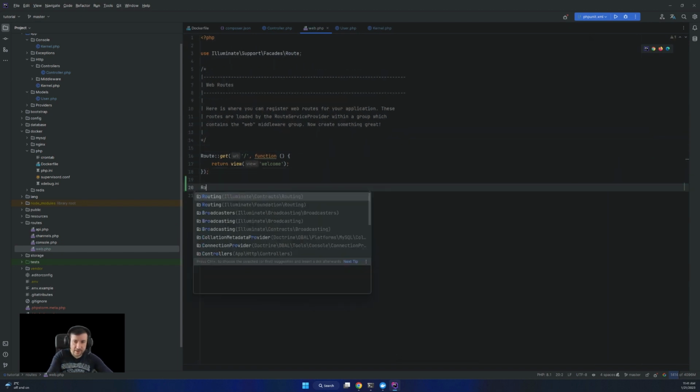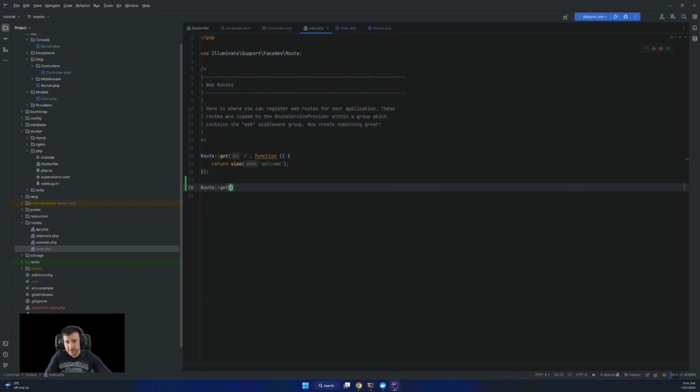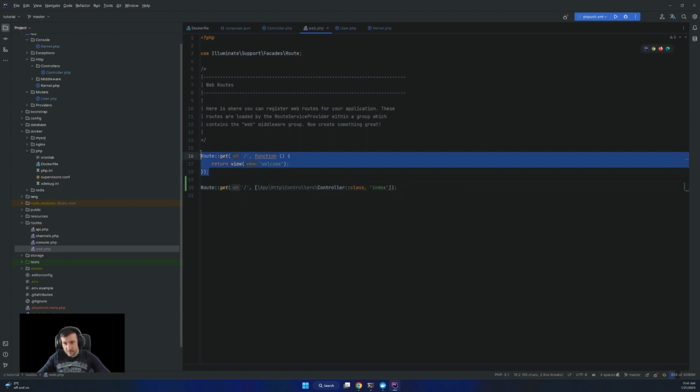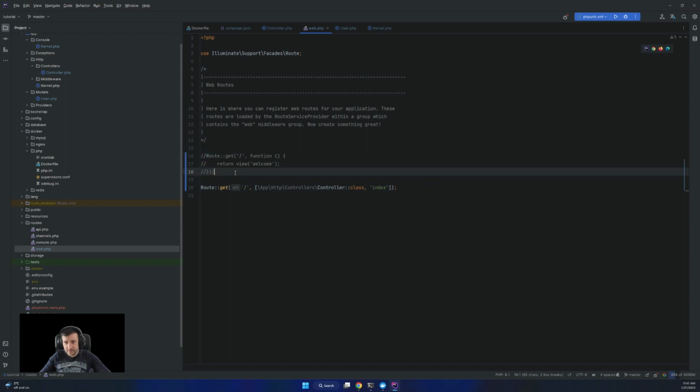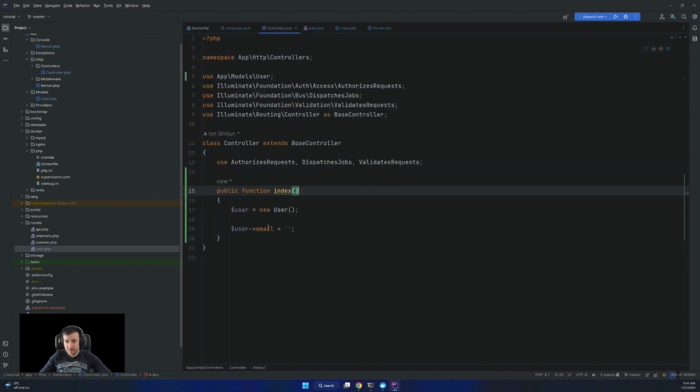So I'm going to go route get, go to the controller, and the method will be index, and comment this, and return view welcome will be inside this controller.